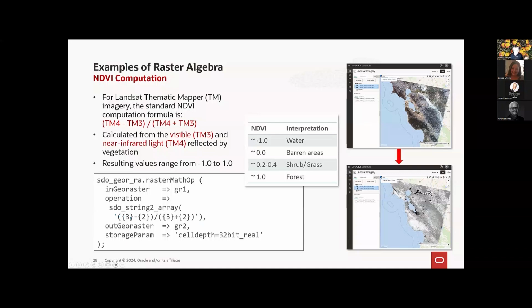Since we have indexing starting with 0, this is band TM4, thematic mapper band 4. This is band 3, and again band 4 plus band 3, and the first part divided by the second part gives us the